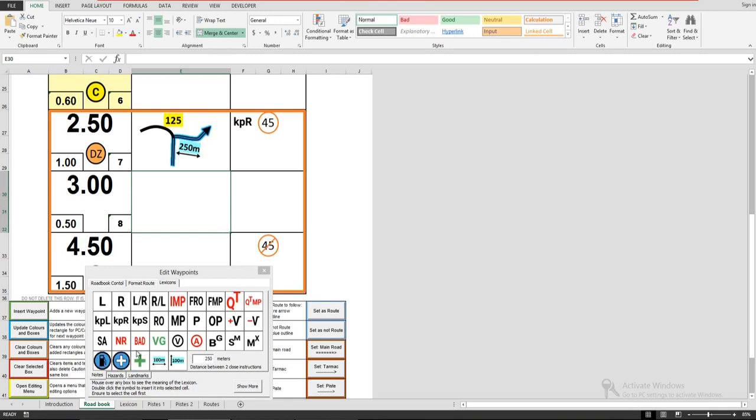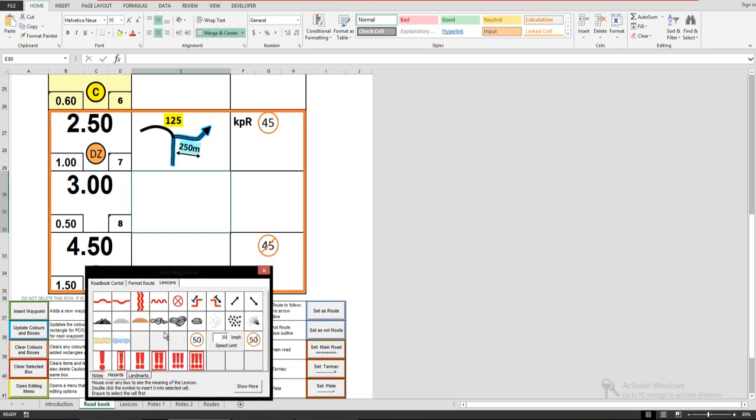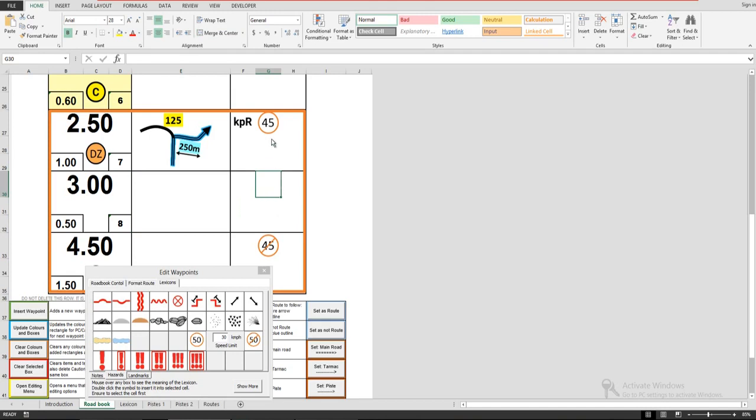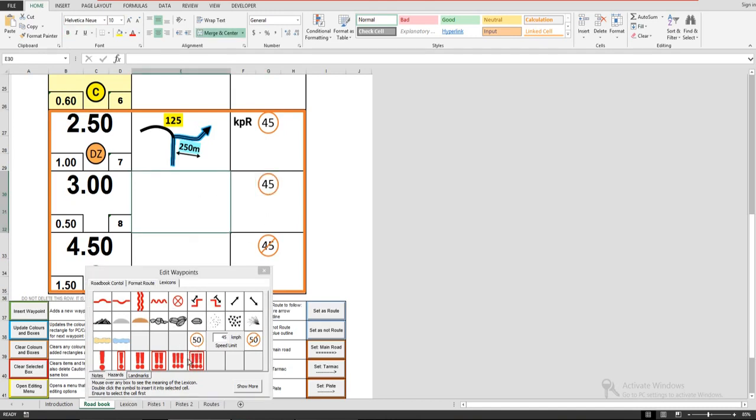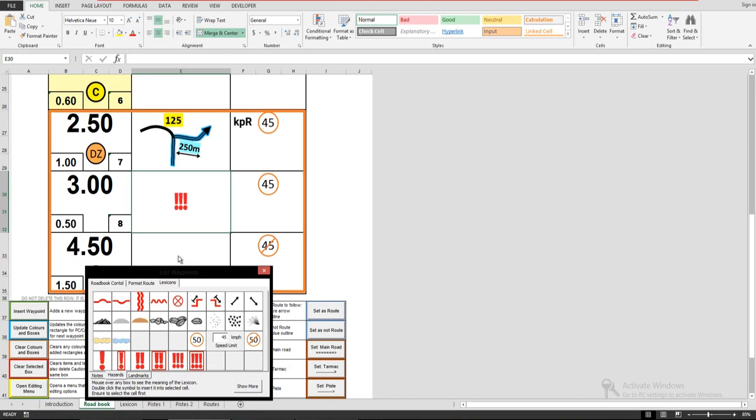The next tab in lexicons is my hazards, and in hazards we have again a collection of hazards. If you want to manually add a speed control notification here, you can either copy paste this or you can just edit the speed here, and also you can double click and it adds the speed for you. If you want to insert cautions, you have the option here to insert your cautions.